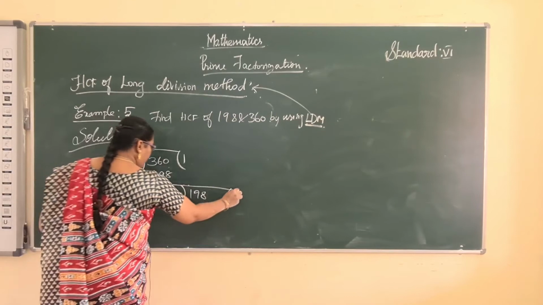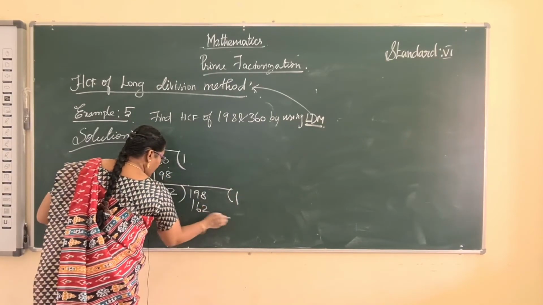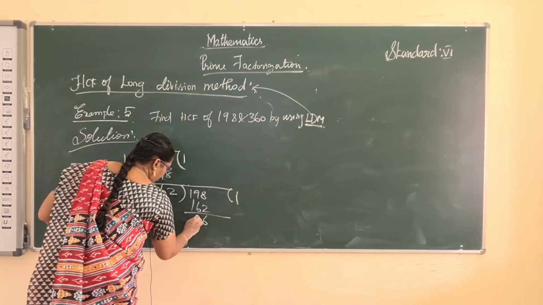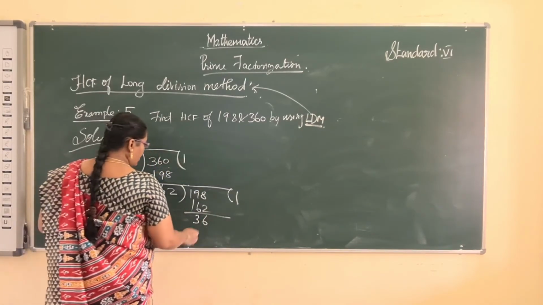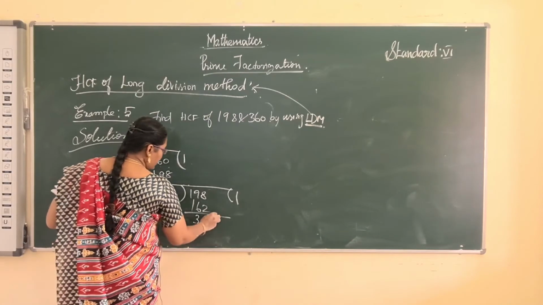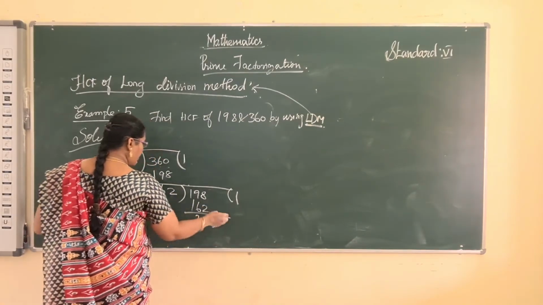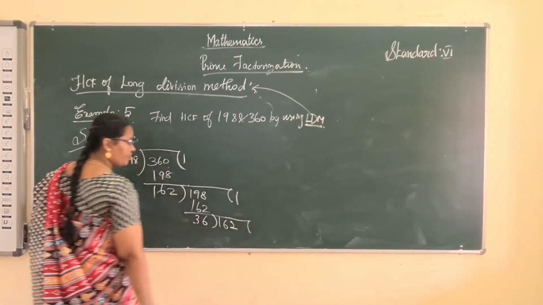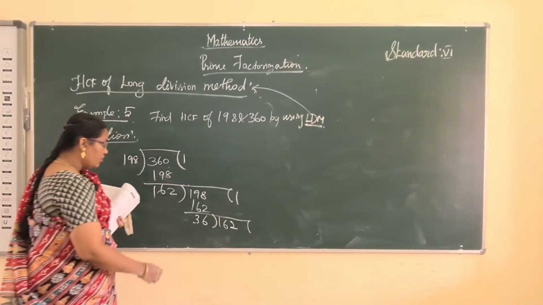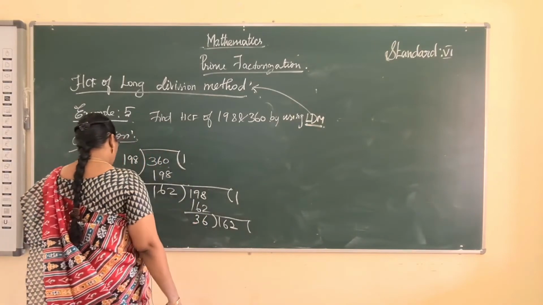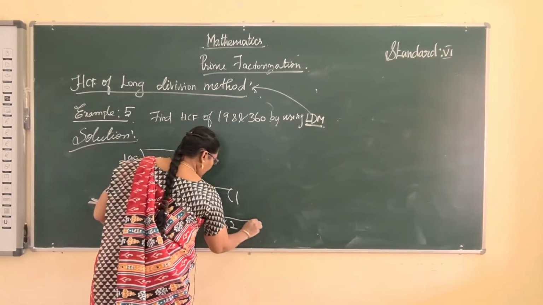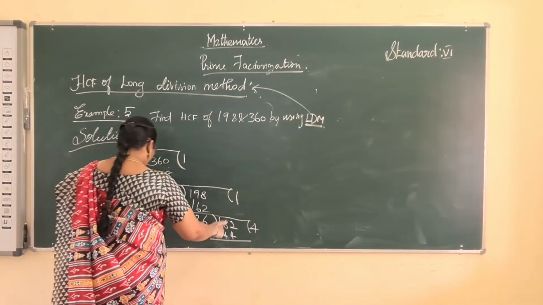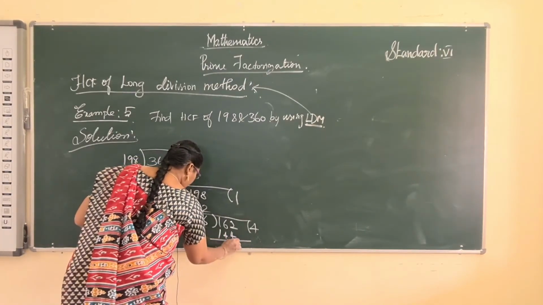It's also one time. So 162. Now subtract, 6, 3, 36. So the remainder is considered the divisor, and the divisor is considered the dividend. So 162. How many times is it possible? 36. 36 4s are 144. Subtract from this, the value is 18.